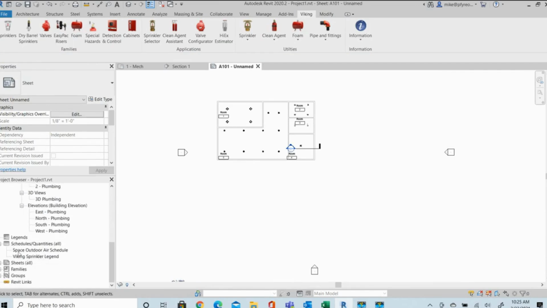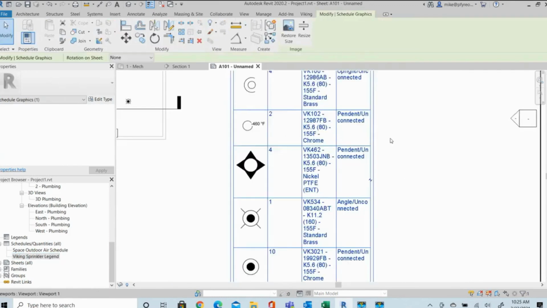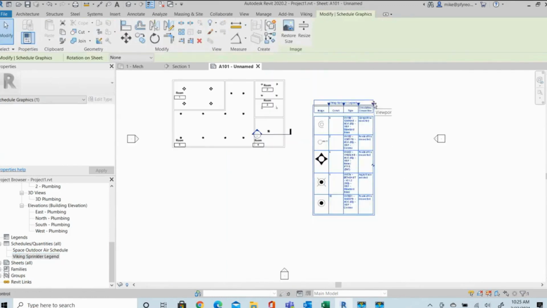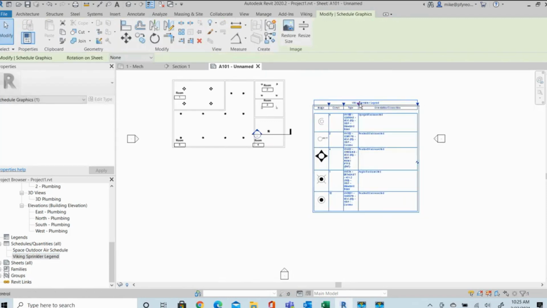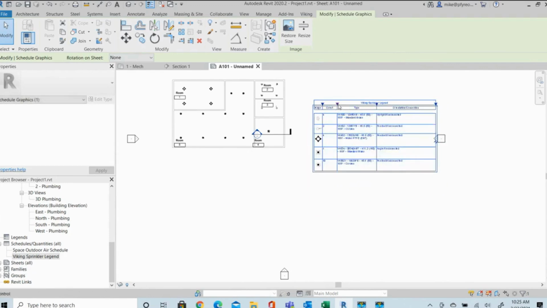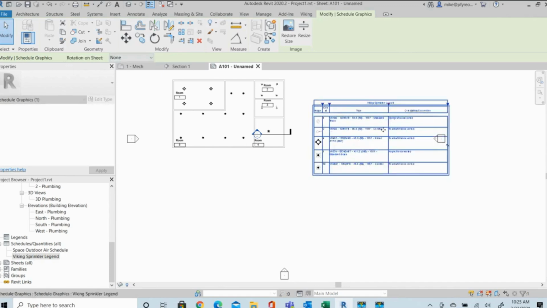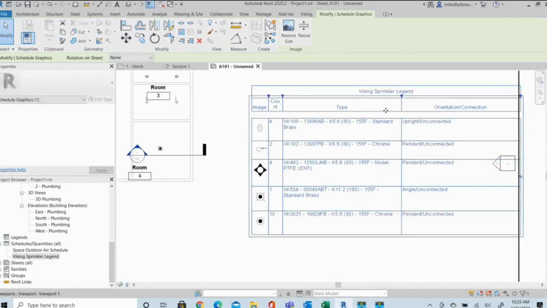Once the head legend is brought into the sheet, you can adjust the size of the different tabs, the different columns, to look the way you want the finished product to look. So make the modification to the legends as desired, and your sheet is ready to review and do further modifications as needed. This has been a brief